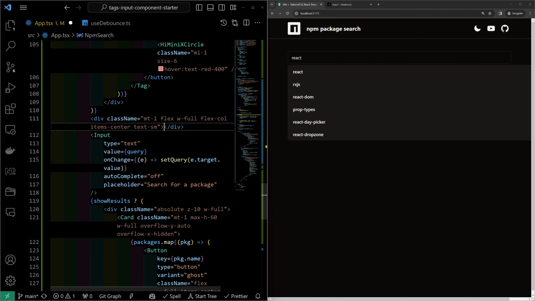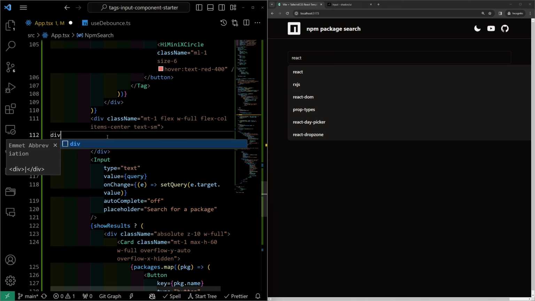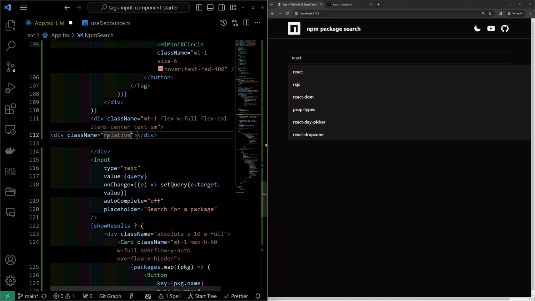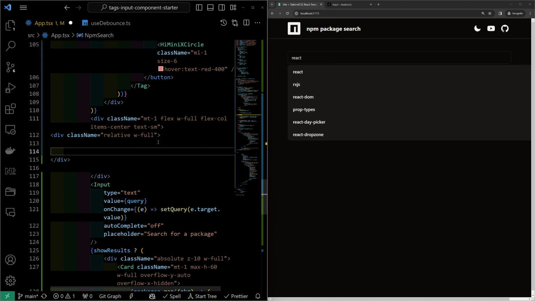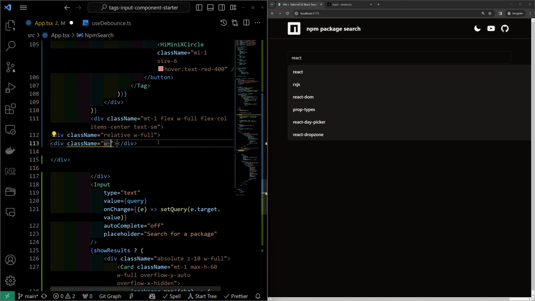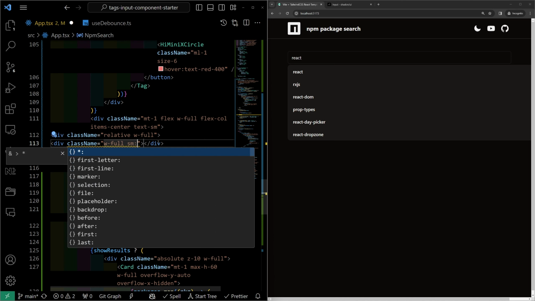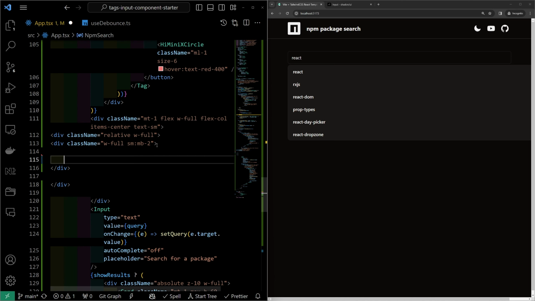I'm gonna move that div in a second. Next one is relative with the width full, and the last one is a div with a width of full, and when it's small, a margin bottom of 2. Cool. So for these two closing tags, actually, tell you what, I'm going to move this closing tag over